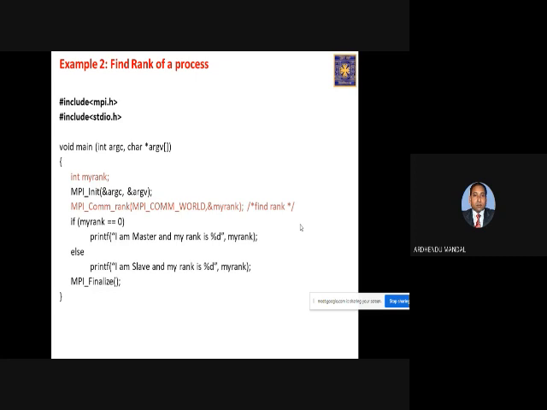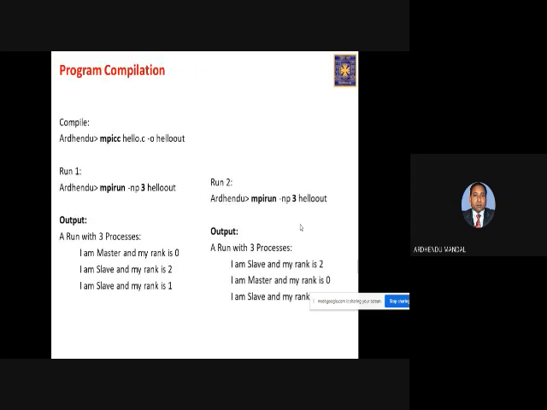So each and every one belonging to the communicator will have their rank starting from 0 to n minus 1, if there are n number of processors. And by this ID, you can segregate, within the same program, which part is to be executed by me, which part by you, or which part by whomever else. That way the SPMD model works: the same program will be in all memories and will get executed by all the processors, but each and every one will execute a different part of the program. So if we run this program with 3 processors, it may come like this,